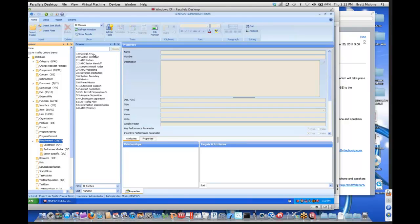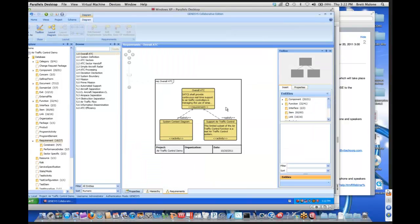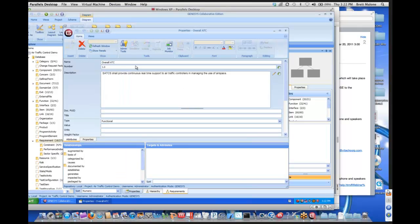So as you look at building up step-by-step, if I'm looking at the requirements capability of being able to enter a new requirement, you can see that we have requirements overall for this sample model. This is just our simple air traffic control model. And you can see that we have a requirements traceability breakdown. This provides you with a very easy and simple way to understand what's behind the hood of each requirement, and most importantly, what the traceability of this requirement is. So the overall ATC requirement